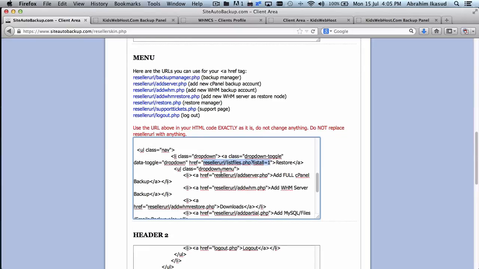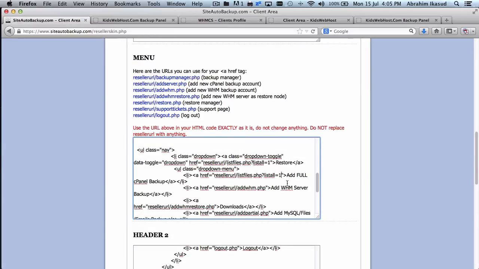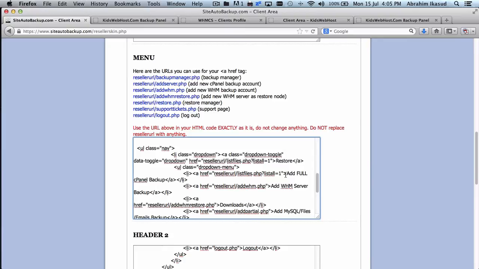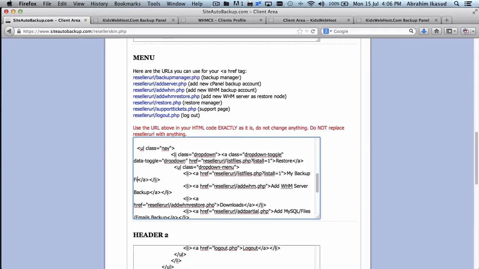The same thing is for the, what's it called here, my backup files, and then add WHM restore. Change the label, change the URL,